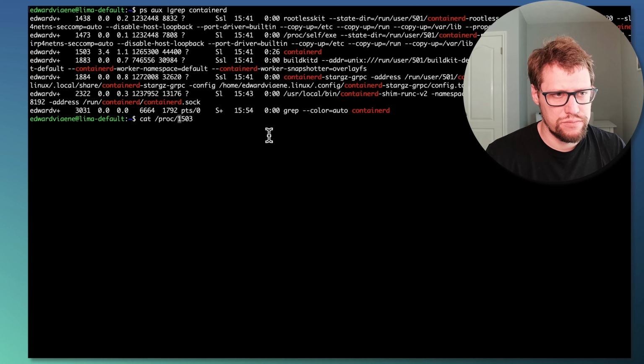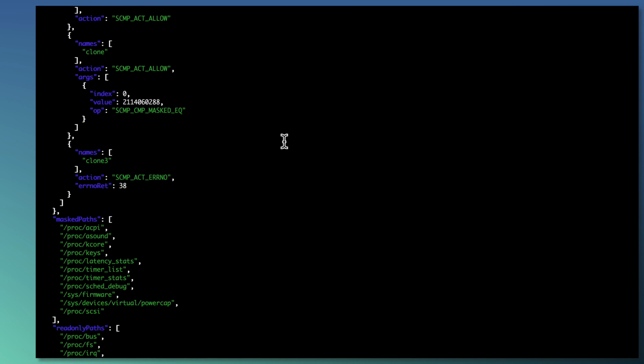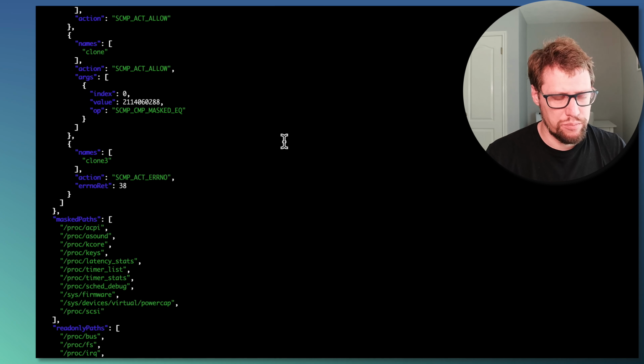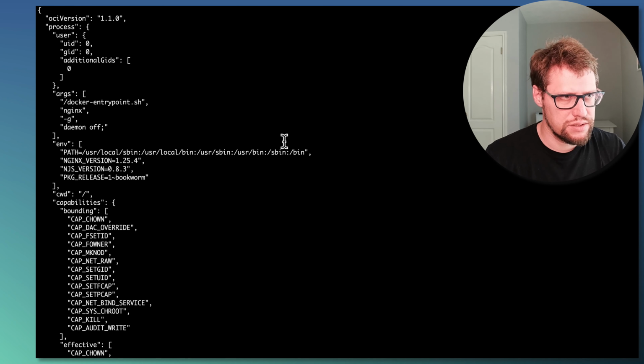So if you have a look at /proc/1503/root, the root file system, and then run containerd, runtime v2 task, default. Here we have a config.json. And here we can see what it all passed to containerd. So if I less this,